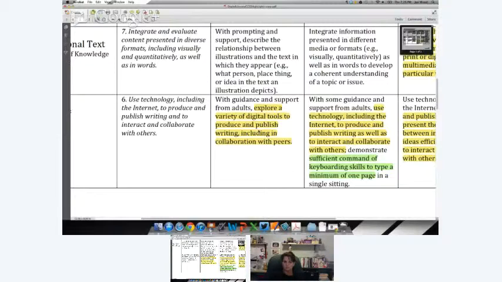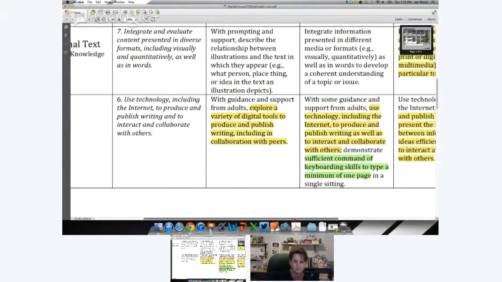My school is a Google Apps for Education school, and looking at the standard, especially the part that says including in collaboration with peers, we're actually thinking of starting to launch Google Apps for Education as low as 2nd grade with our students. So we're looking at giving kids a modified Google account so they can start creating Google Docs and working on a website. And part of that is because of what happens in 4th grade.